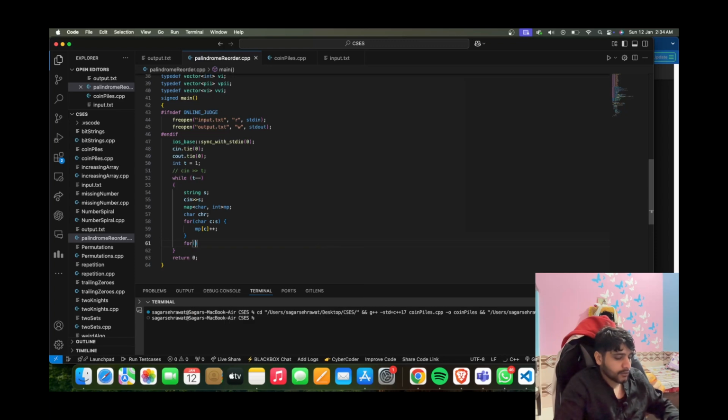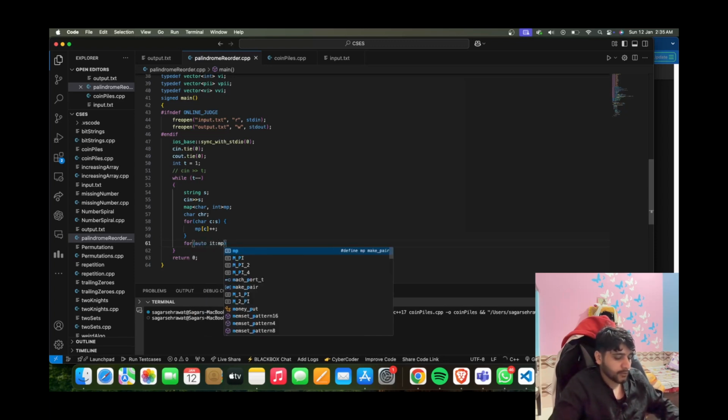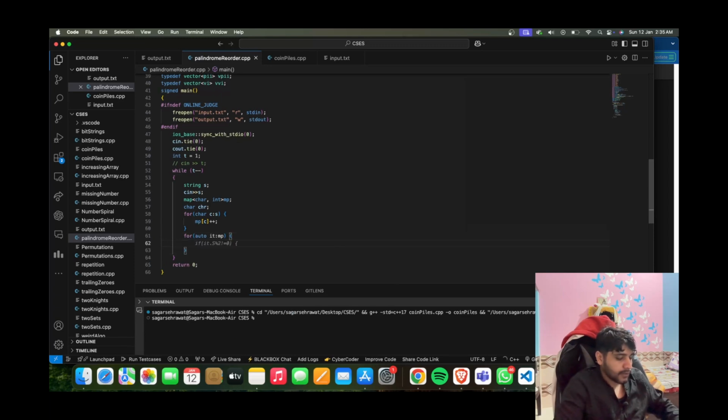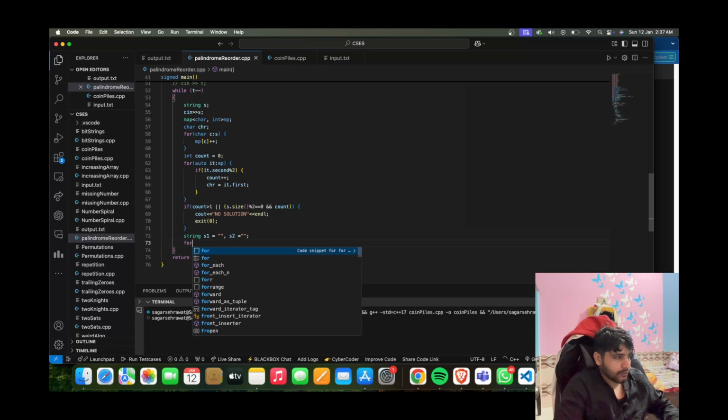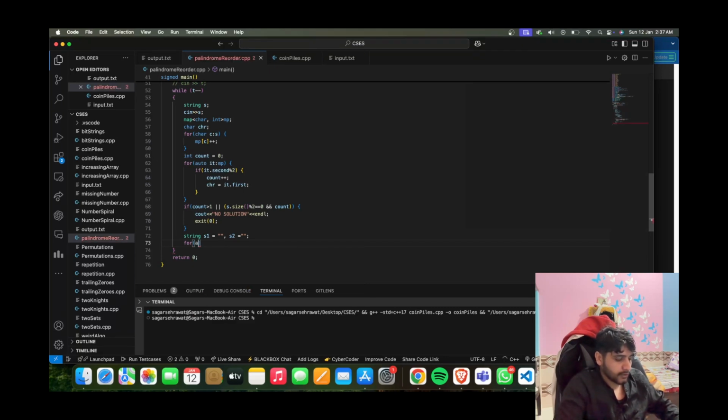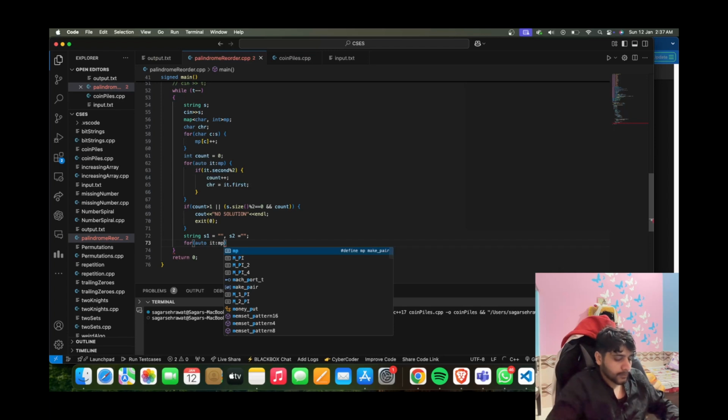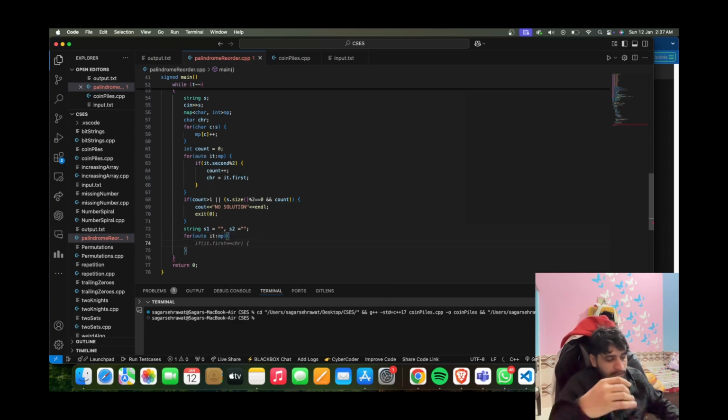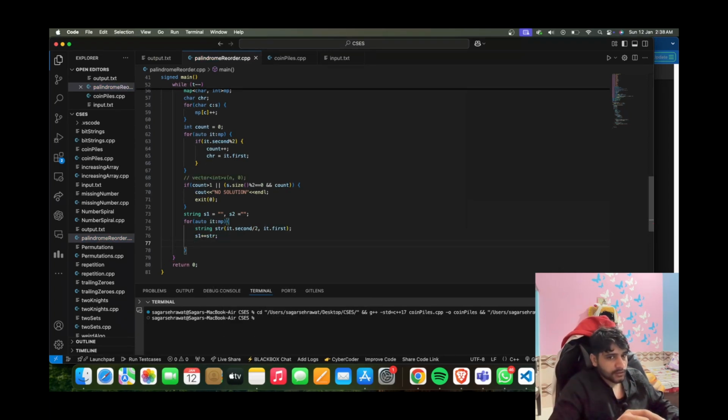Now we will iterate through this map, auto it of this map, and we will take a count. Now we will iterate the map, and in this map the second string will be